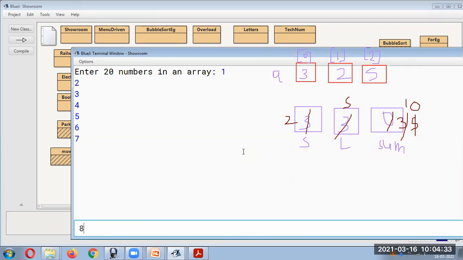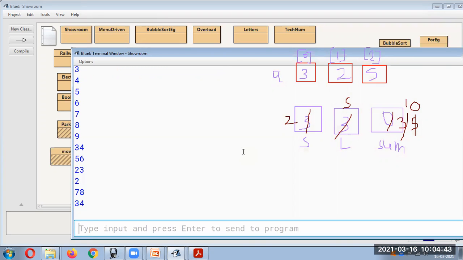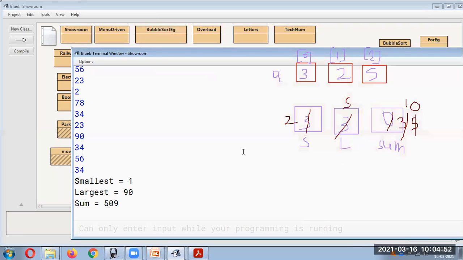You can keep random values also. It should give me the correct output. Okay, so the sum is this. Largest is 90 and smallest is 1.